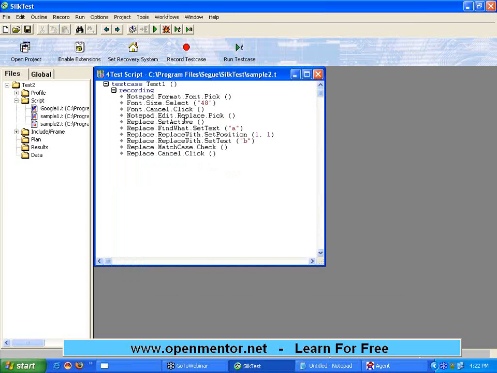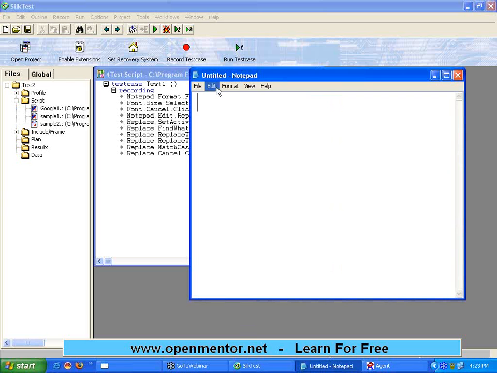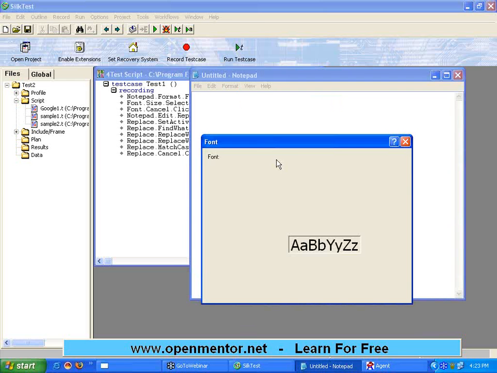What is line number 4 over here? It is trying to have this font, right? Line 1, line 2, line 3, line 4, that's a problem. The reason is when you try to execute scripts, the scripts may run a little bit slow and your application may not respond. For example, I go to this font and then say format font. I have to click it.